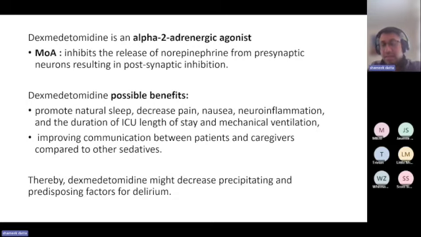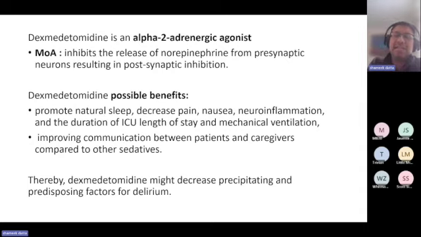It can lead to good amounts of analgesia. It also decreases pain, decreases nausea and neuroinflammation, and it has also been shown that it can decrease the ICU length of stay and mechanical ventilation. Because it works at low levels, it can give a conscious level of sedation. It improves communication between patients and caregivers compared to other sedatives. Thereby,